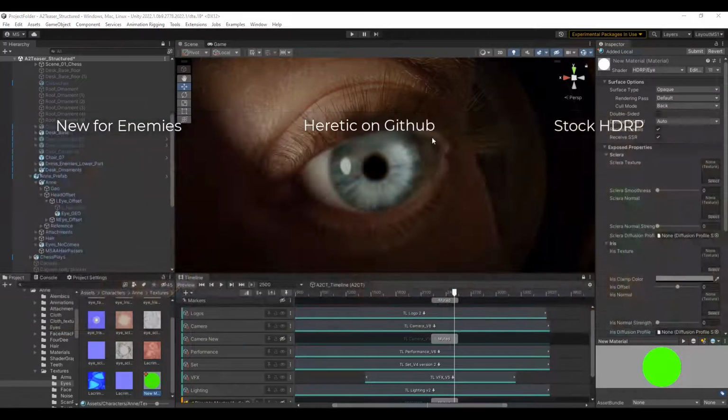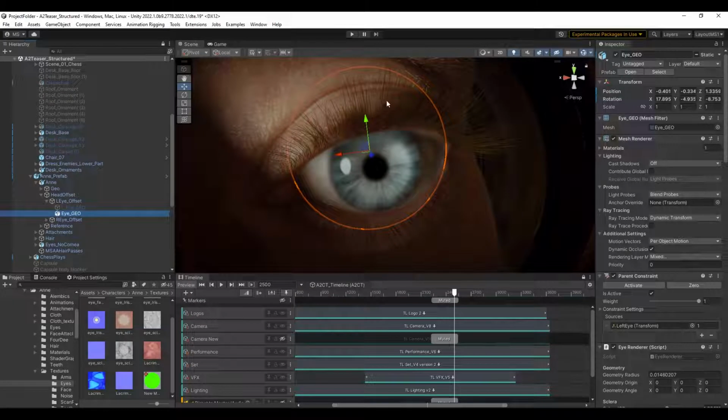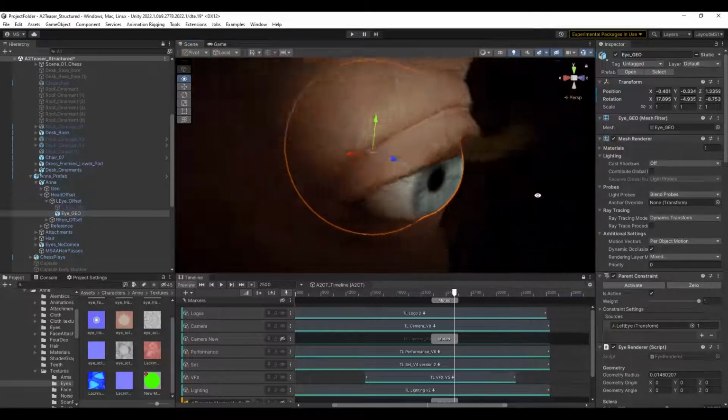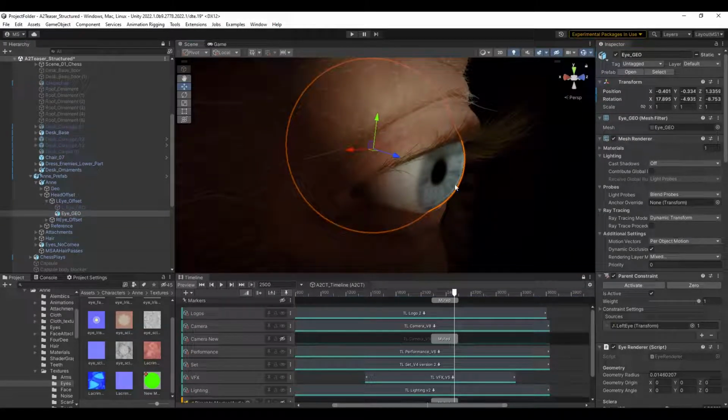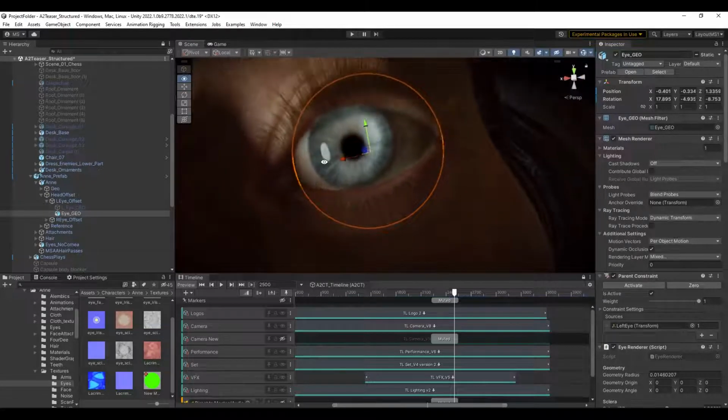So now that we know a little bit about the shader, let's go ahead and tune some of the parameters back inside of Unity. So what I'll do here first is just select the eyeball, and you can see it puts this little orange ring around it. Now if I orbit around a little bit, you can see that the eye actually has a bump to it. It actually has a bulge there, and that's going to allow us to get those perfect refractions that we were